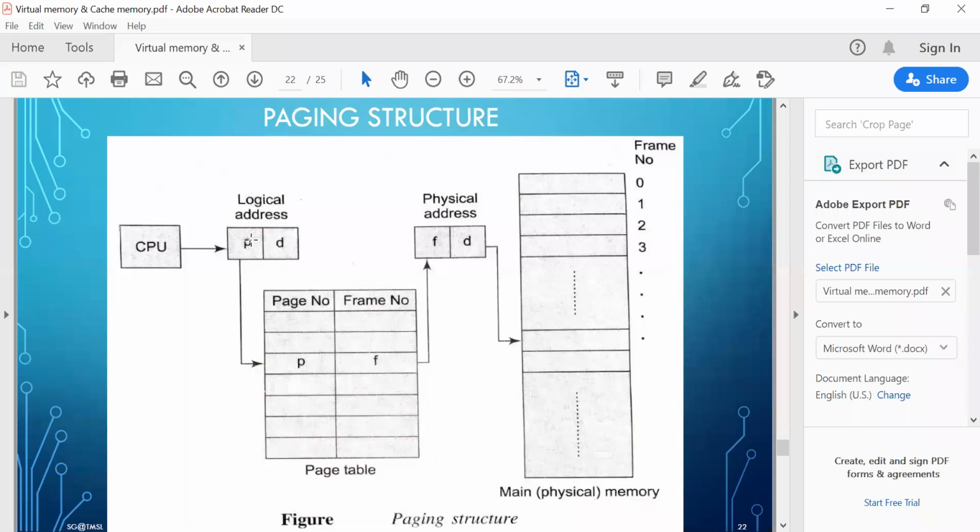Okay, so each address generated by the CPU is divided into two parts, the page number and the offset. P means the page number and D means the offset or displacement. The page number P is used as an index in the page table,